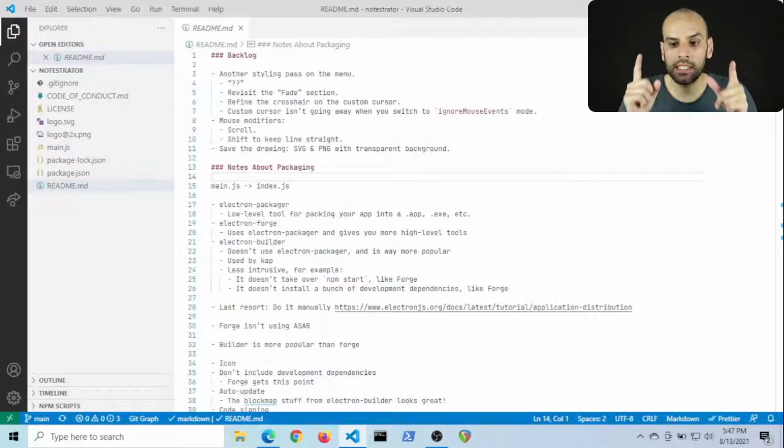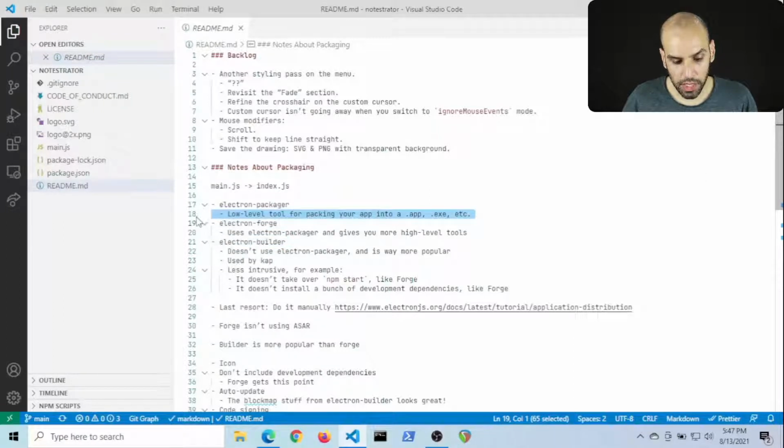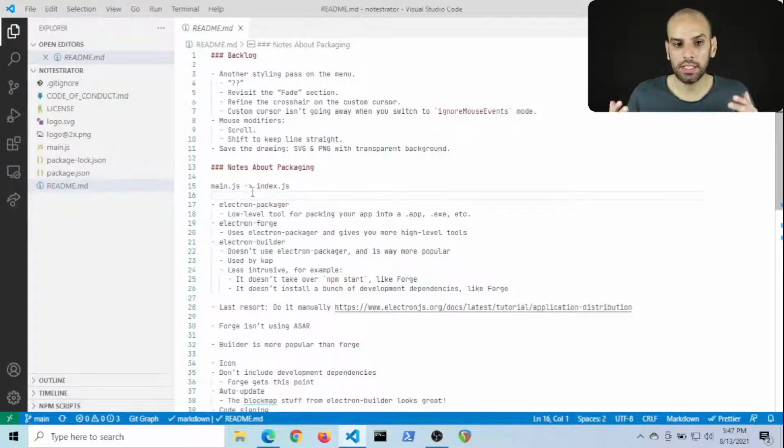So since yesterday, I did what I promised. I read the docs for both Electron Forge as well as Electron Builder. If you have not been here yesterday, we started this thread where we want to be able to publish and distribute the application. Notestrator, in case you don't know, is a desktop application written in Electron. So we have to package and create installers and everything. I was looking into these tools, and we found 3 tools: Electron Builder, Electron Forge, and Electron Packager. I read some more, and now I can give you a brief summary of what I learned and compare the 3 different tools in more depth.